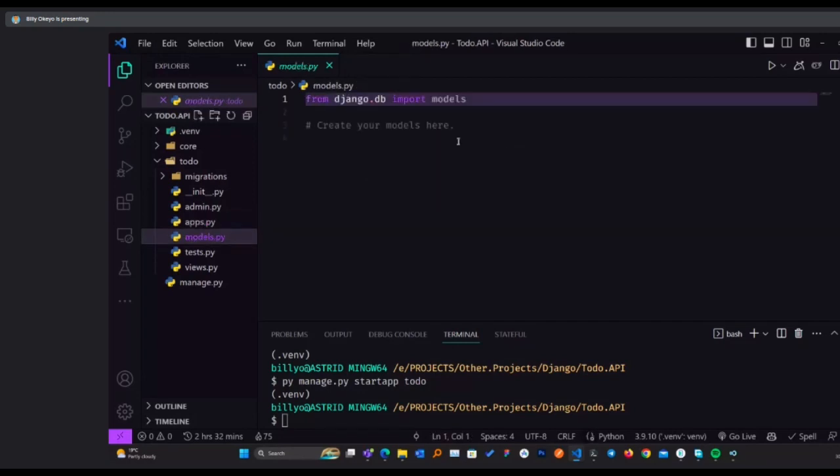We have models.py. For those people who have done machine learning, they tend to confuse this word. They think a model is that structure that you build that can do predictions or something of the sort. But in this case, models is where we specify our schema, rather where we specify our tables.